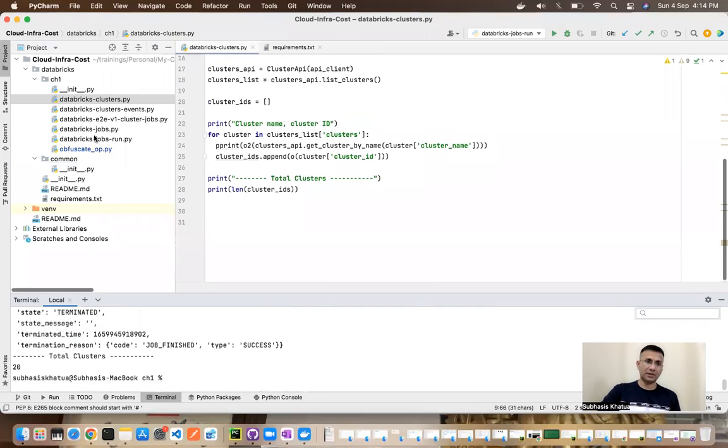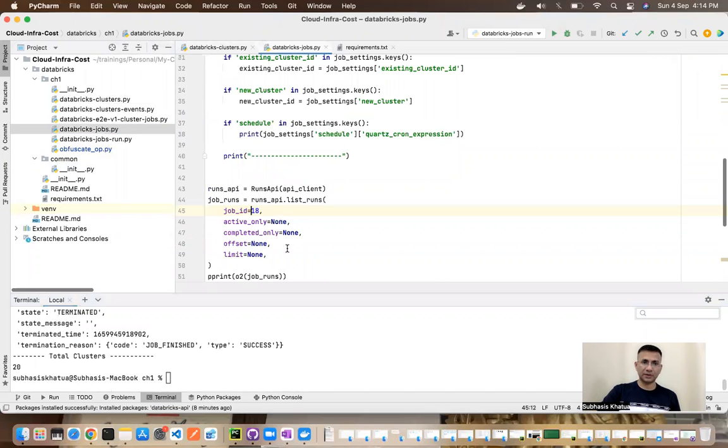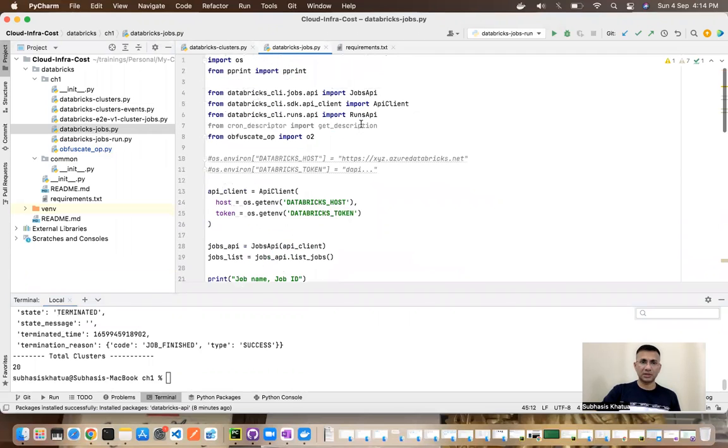Similarly, I'll take you through the jobs list also. Again, this is mostly along the same lines. In this case, instead of the cluster API, sorry, I'm using the jobs API. Okay? And the second part, probably I'll go through separately. First, you list down the jobs and